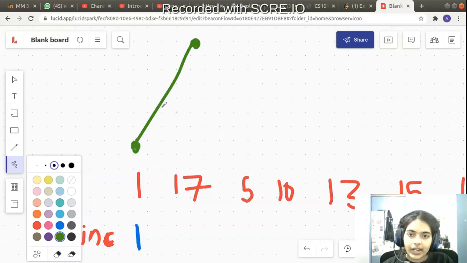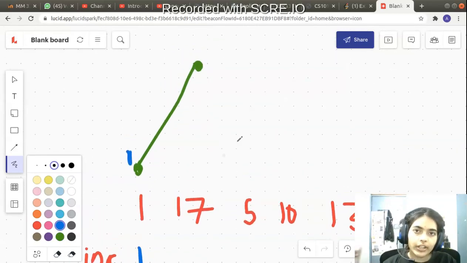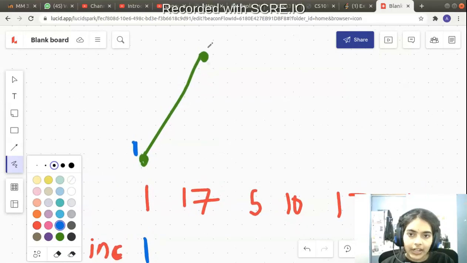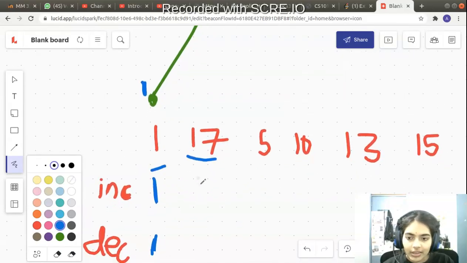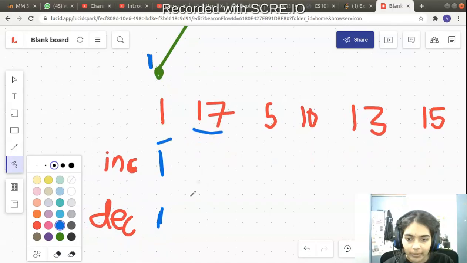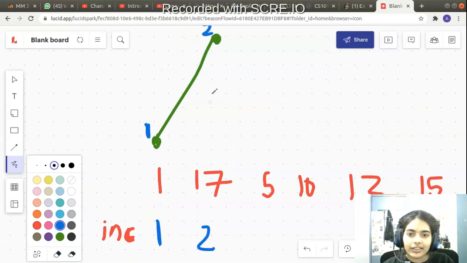First I had 1, then now I have 17. So now what happens is, I had one number, one node in my wiggle subsequence. Now I have 17, so I have two nodes in my wiggle subsequence, right? I have added 17 also. Now 17 is greater than 1. 17 is greater than 1 means my increasing variable should increment. It should become whatever the decreasing variable had plus 1. Okay, so we'll take more examples as we go further. I think this will be more clear. And my decreasing should remain as 1, because this is an increasing.